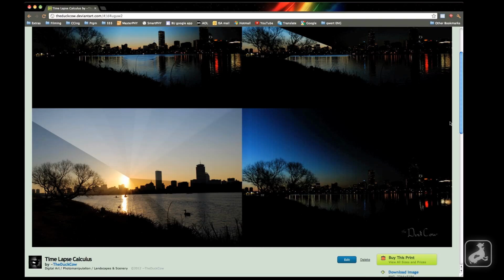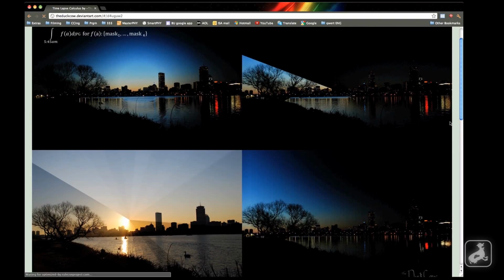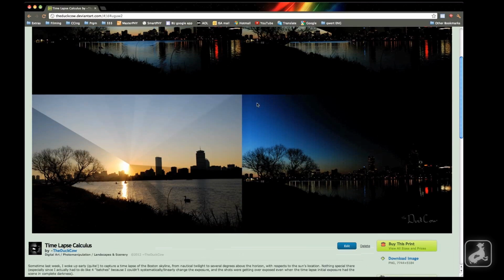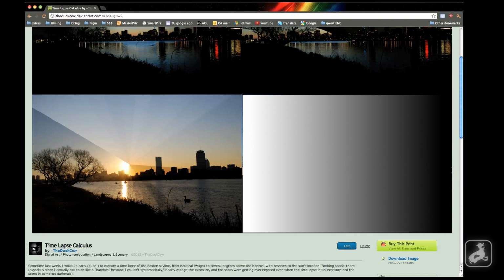So as you see here, the way I've set it up is that I input into the program I wrote an image file, which it converts to a black and white image, and it reads the image as basically how to map the time. So for example, the one I just showed you, the mask I would have used for that one would have been a black and white gradient, starting with black to the right and white to the left. So basically, as it goes through the image, it corresponds every